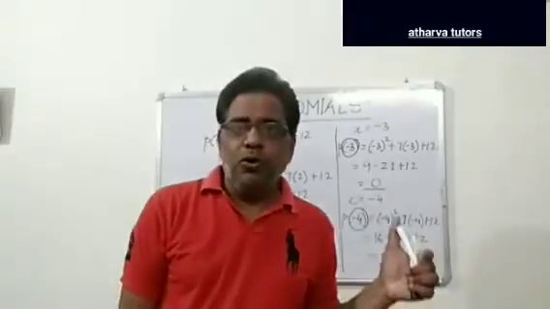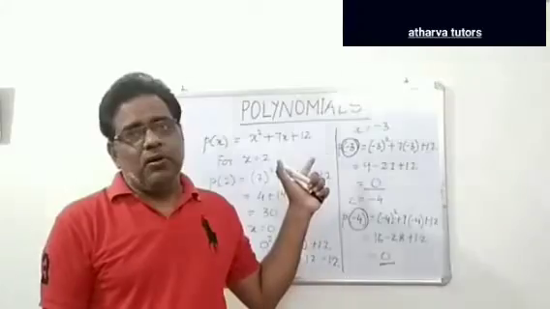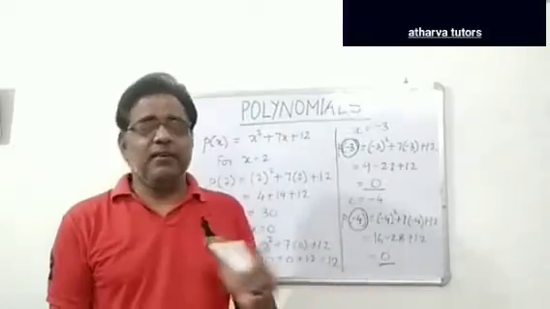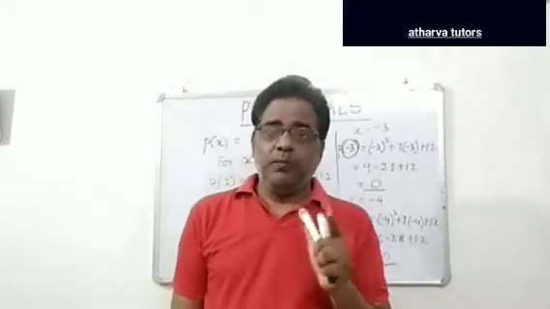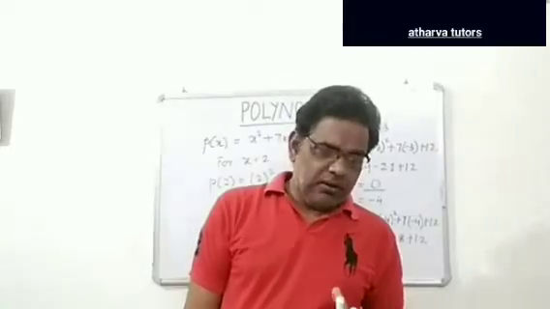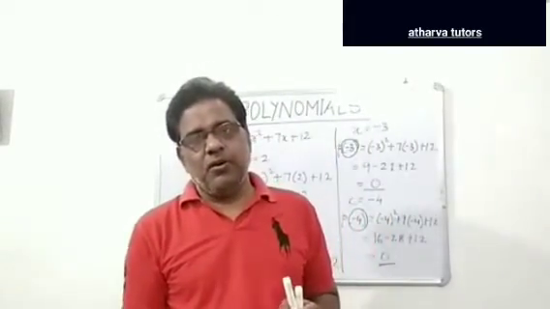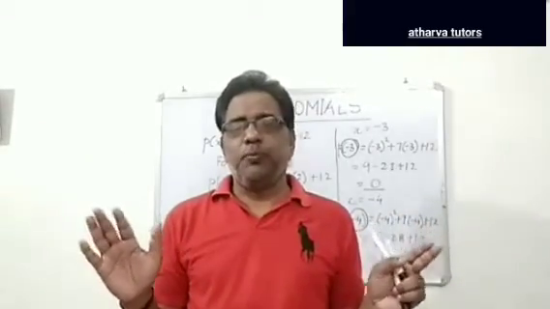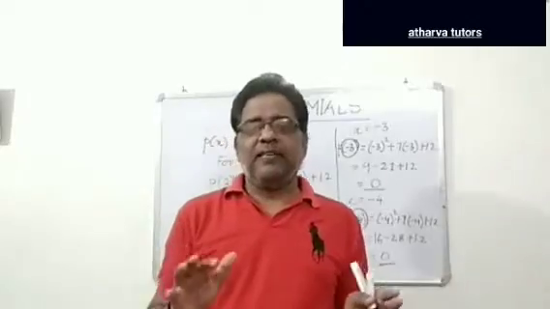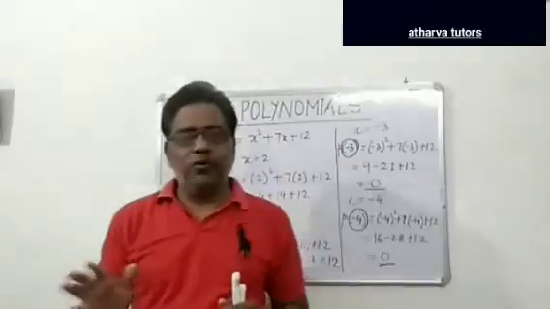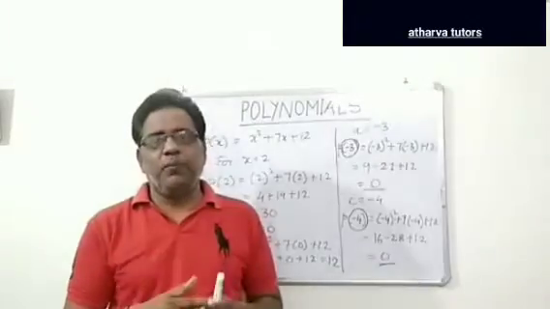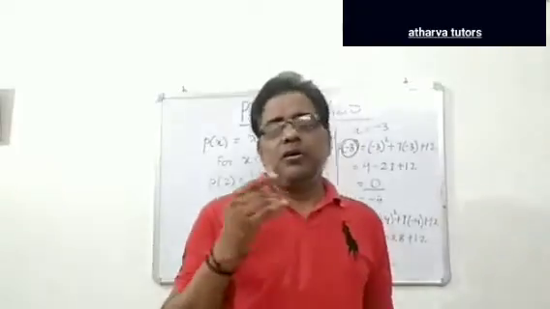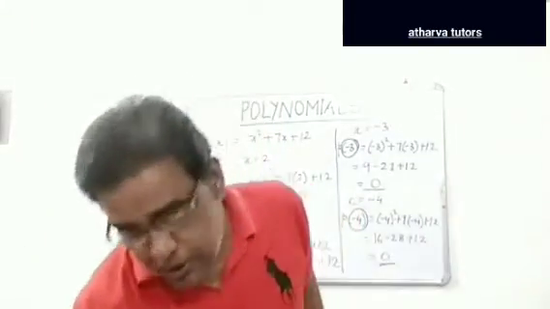That is, if you take these values, the value of the polynomial will become 0 and hence they will be known as zeros of the polynomial. Now here the question is, what is the geometrical meaning of the 0 of the polynomial? In class 9th, you had simply been asked to find whether the given number is 0 of the polynomial or not. Now here we'll discuss the geometrical meaning of the 0 of the polynomial.